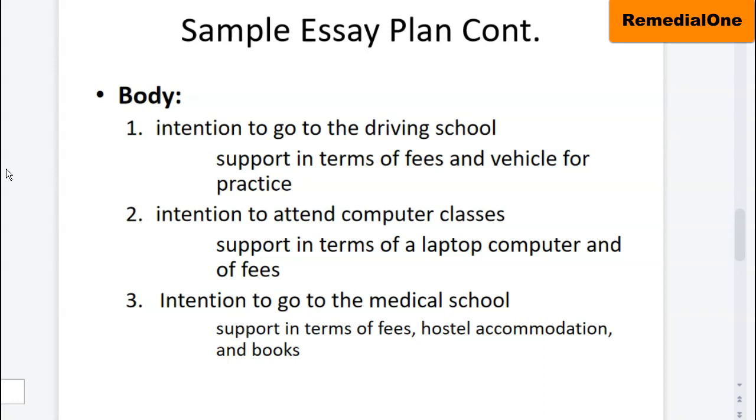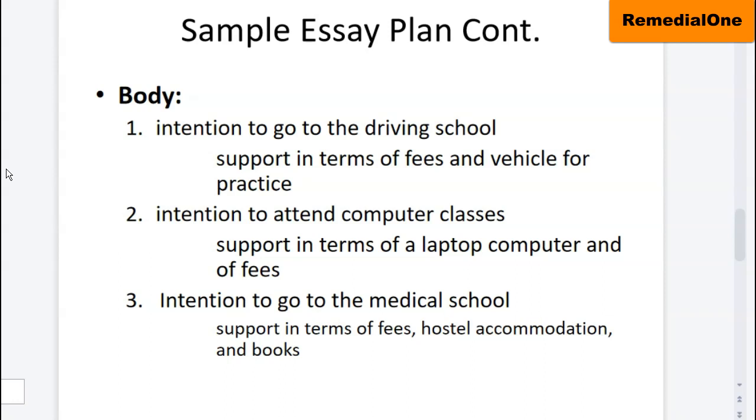You may choose to mention just one thing, but if you just single out one thing, you will have to do more work because in the end, you are expected to make 450 words at minimum to be able to